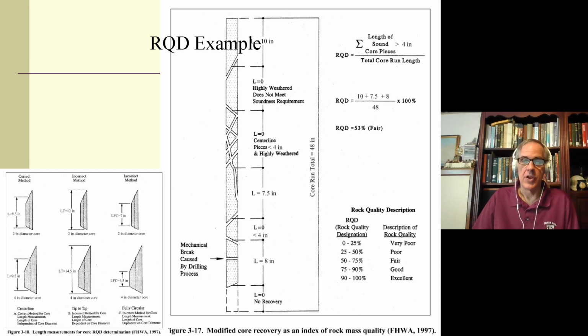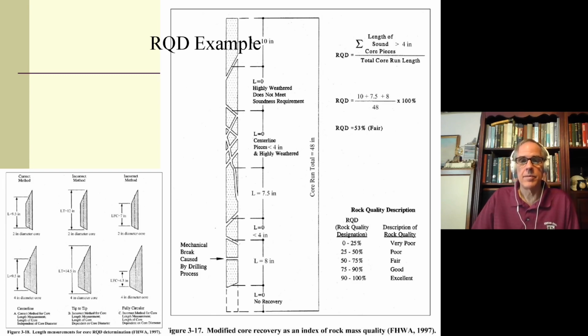First of all, you start at the full length of the rock sample. Say in this case it's 48 inches by this example. What I want to do is to find the ratio between the sum of the length of the sound core pieces greater than 4 inches, over